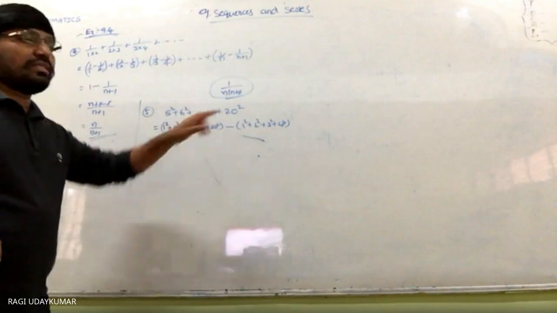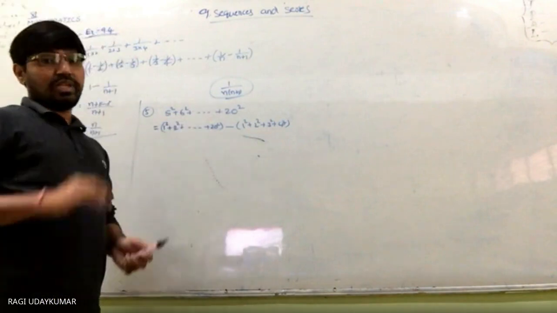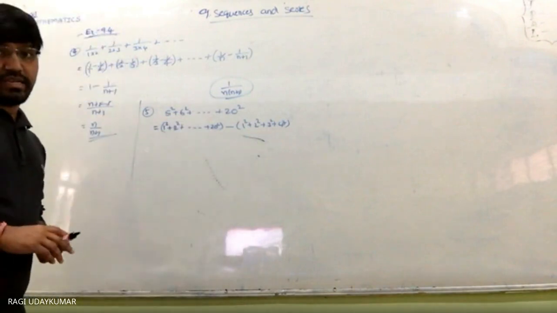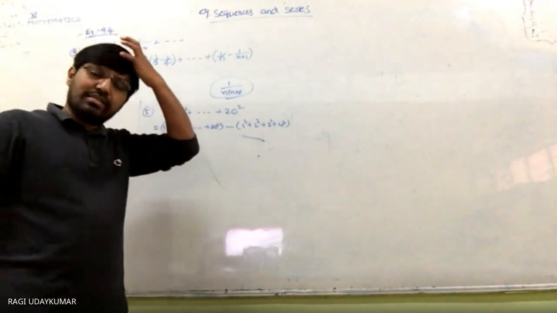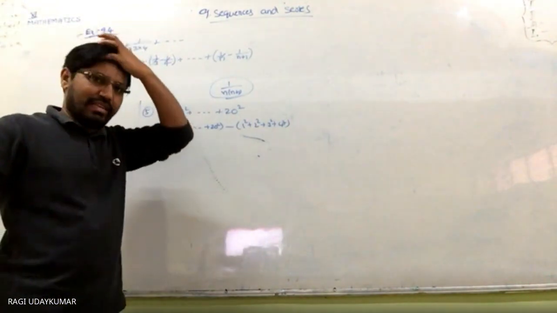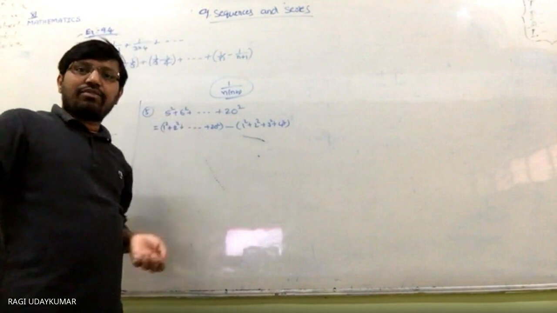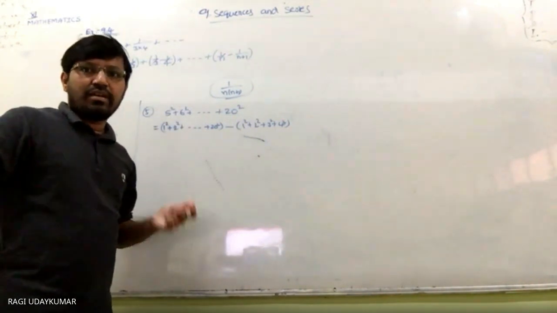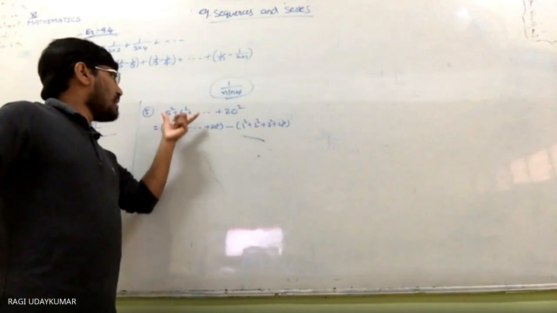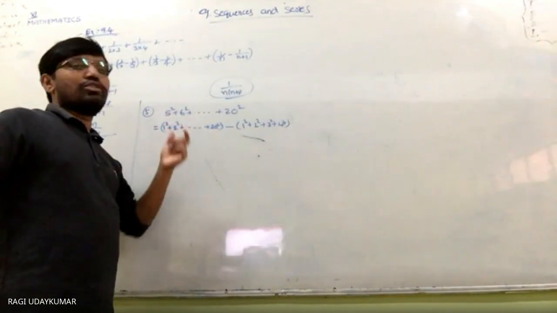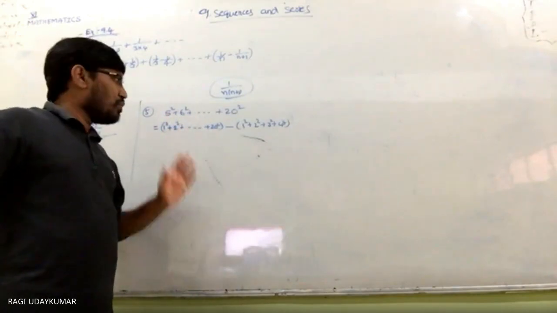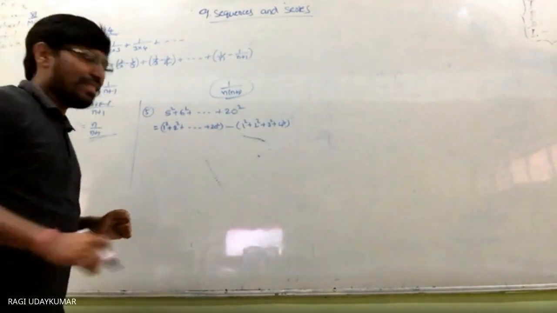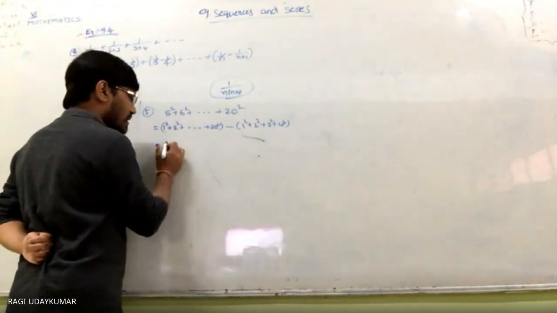Here it is not the sum of the first n natural numbers. It is the sum of the squares of natural numbers, but not the first n. But we have the formula for the first n. So you can write this as 1 square plus 2 square till 20 square, so this sum you can find out. Can we find this one? Till 20 is nothing but n, n is nothing but 20.